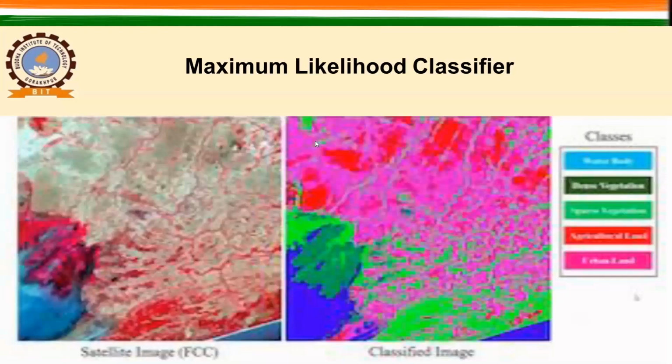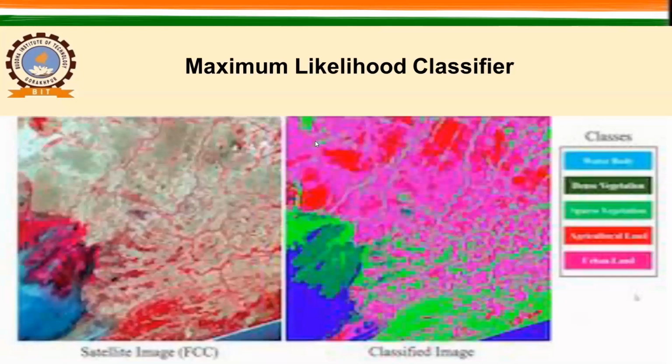You can take samples from these two and run the maximum likelihood classifier with the threshold. What will happen? You will find these two classes in your classified image, and the rest of the pixels will be unclassified. So you need to understand all these methods very carefully, and accordingly modify them as per your application.